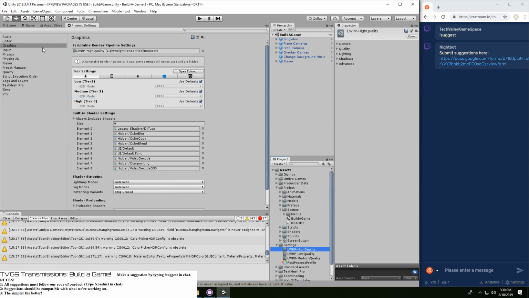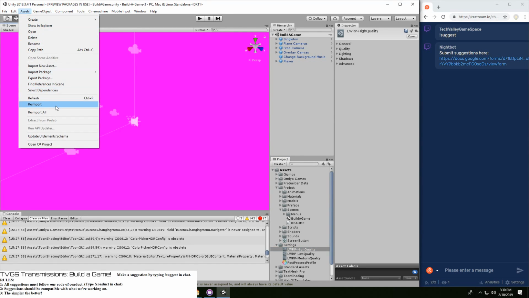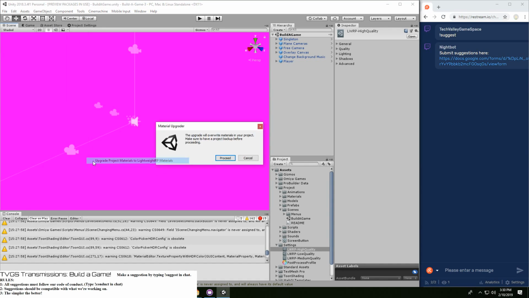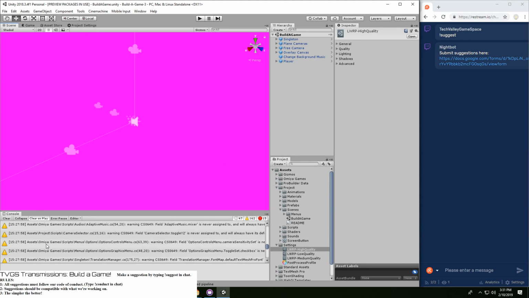We can try refresh and re-import all if we have to. Oh, there it is, render pipeline. Update project material, yes. Okay.